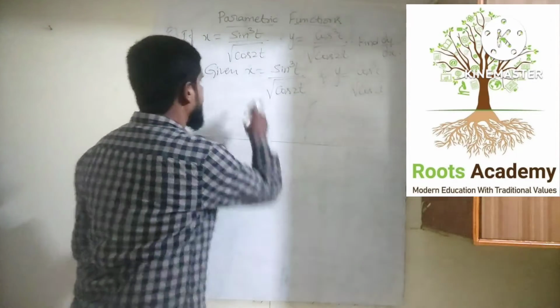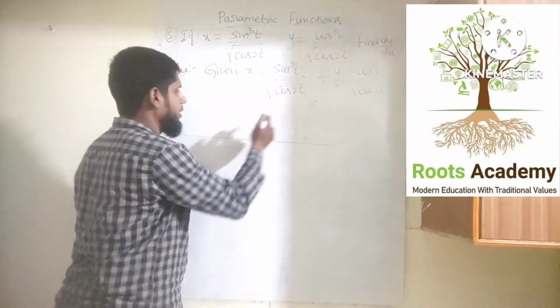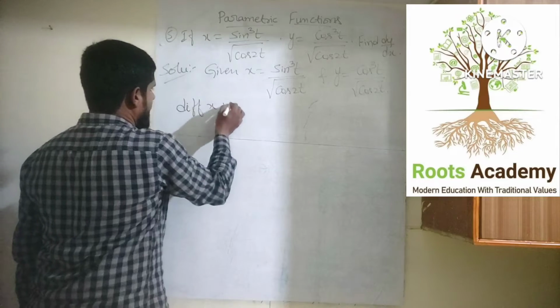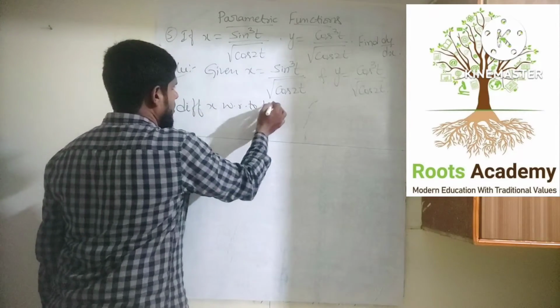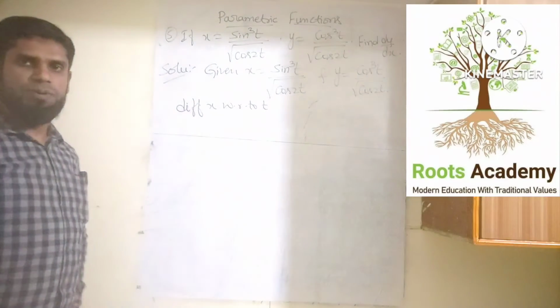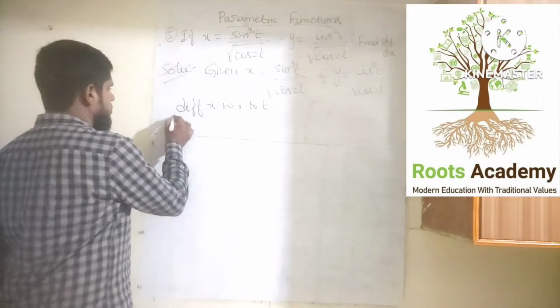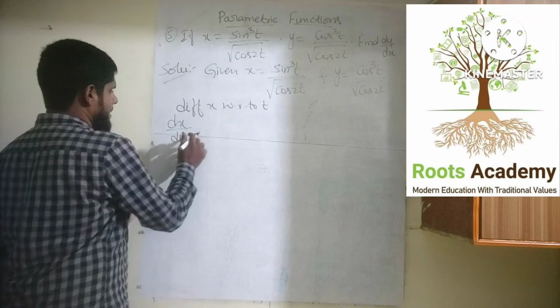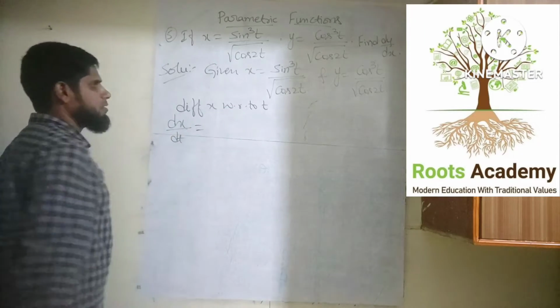Now differentiate x with respect to t. So dx by dt is equals to